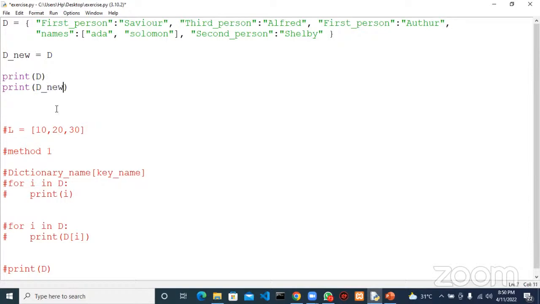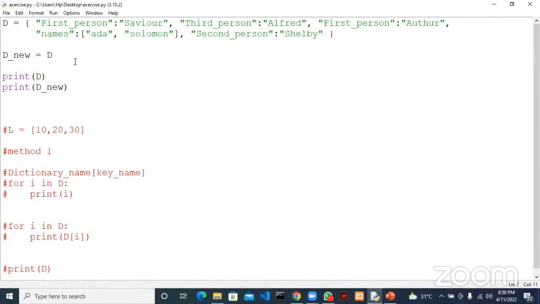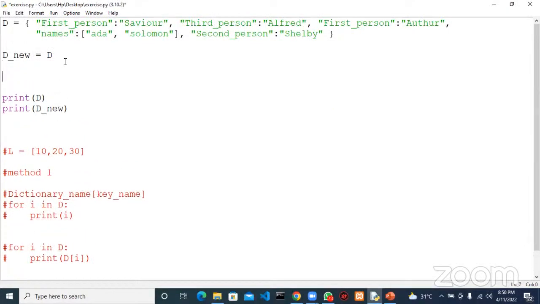Okay, that means I should see the same dictionary, right? So, as you've seen, we have the same dictionary there. Same dictionary. So now I want a situation where if I go ahead and change a value in D, it does not affect the newly copied list, all right? That means if I change first person,